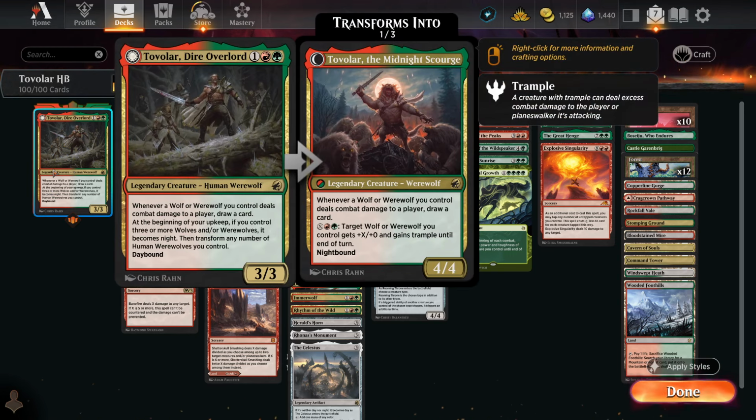Today we're playing Tovolar, Dire Overlord in Historic Brawl. Tovolar is a 3-mana Gruul commander, human werewolf, 3/3. Basically a wolf and werewolf matters commander, so whenever a wolf or werewolf you control deals combat damage to a player, draw a card. At the beginning of your upkeep, if you control 3 or more wolves and/or werewolves,